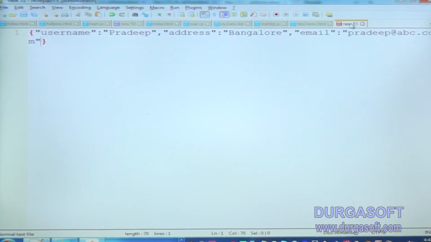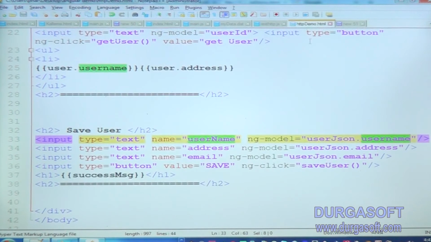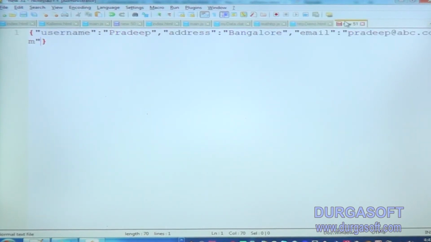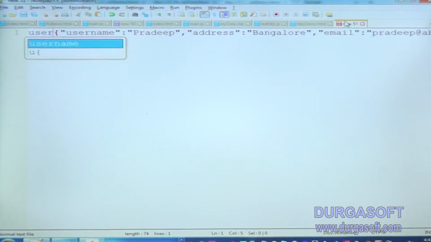So this is how the JSON object will be generated after I click submit. To prepare such a JSON object, I am giving ng-model as the userJSON object. So this whole JSON object is coming as userJSON.